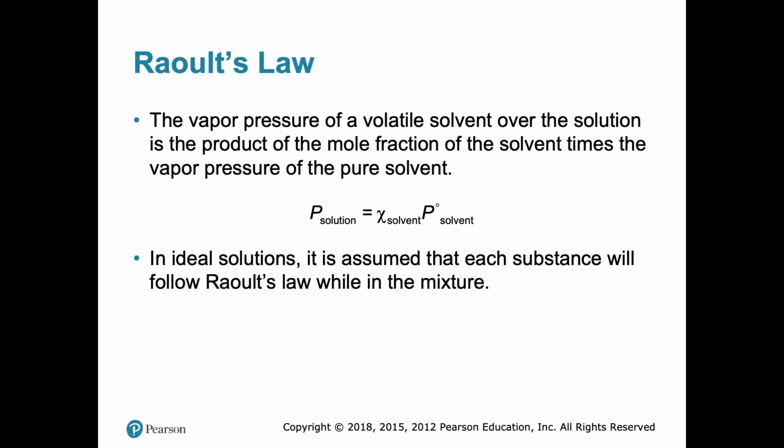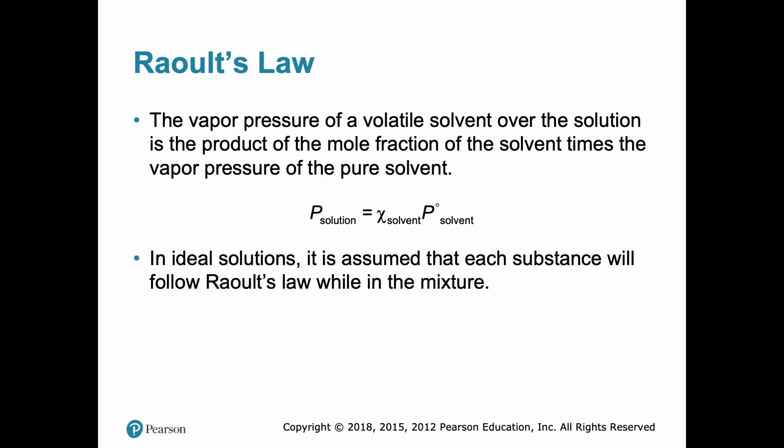Over the solution is the product of the mole fraction of the solvent times the vapor pressure of the pure solvent, right? So here we have the mole fraction right there, which is X, right? And it's multiplied by the vapor pressure of the solvent right there, and then you'll get the,